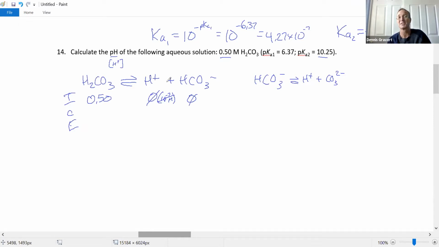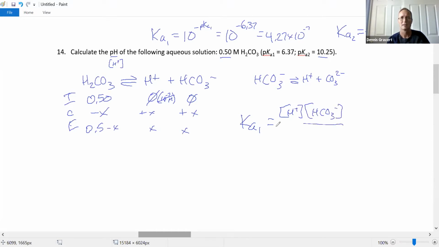What's going to happen? It needs to shift to the right to set up the equilibrium, to get some of these molecules because it has none. So some of this molecule starts dissociating, produces some H+ and some bicarbonate, and at equilibrium we're at those equilibrium concentrations. And wow, the math is going to be the same as before, just what we did in 13. You're going to say Ka1 is equal to your products divided by your reactant,